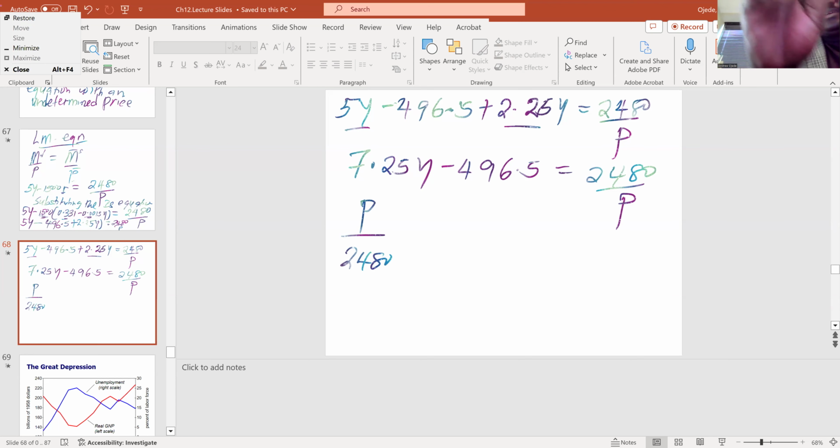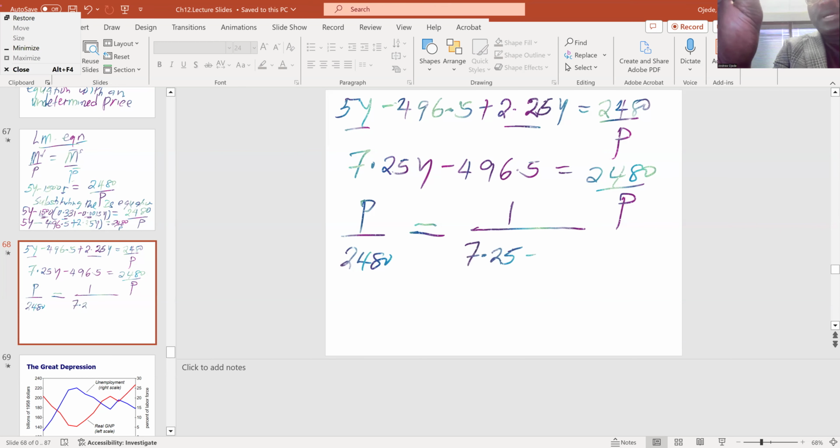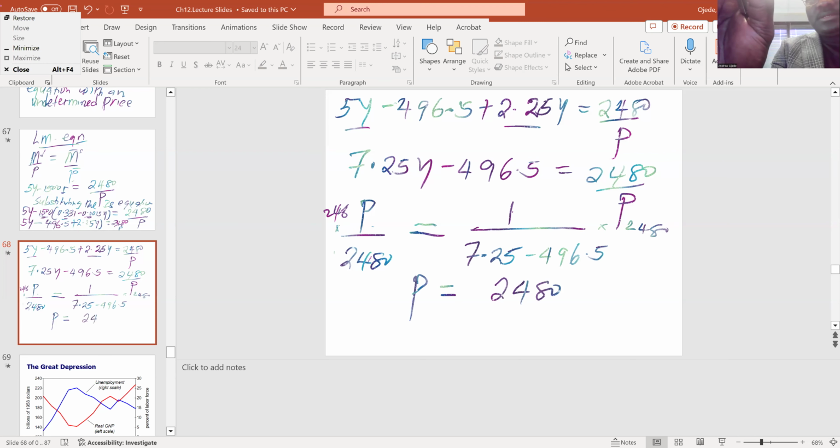You take the inverse, P over... that means I must take the inverse of the left-hand side, which is going to be 1 over 7.25 minus 496.5. Then I'm going to cross multiply both sides by 2480. If I multiply by 2480 here, and 2480 here, these cancel. So P is going to be equal to 2480 divided by